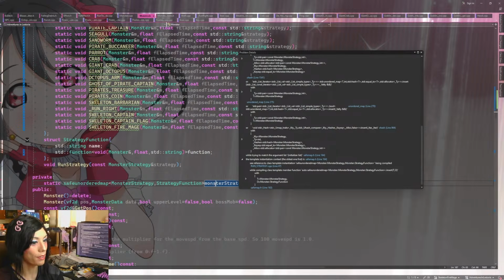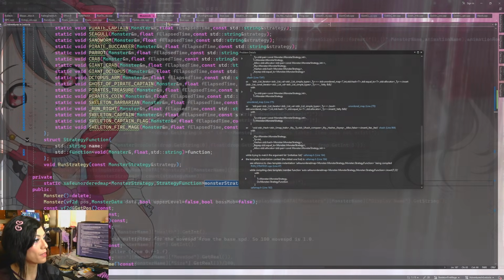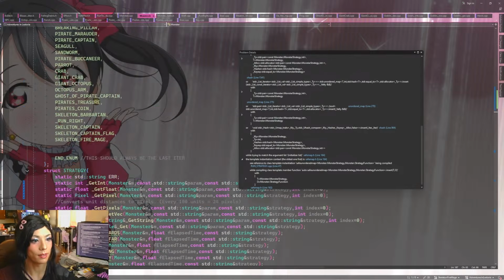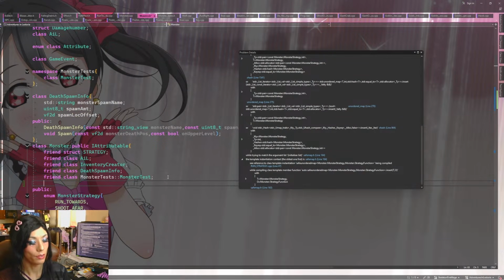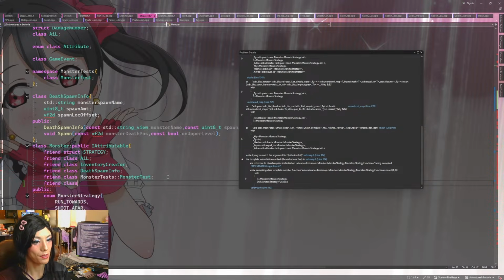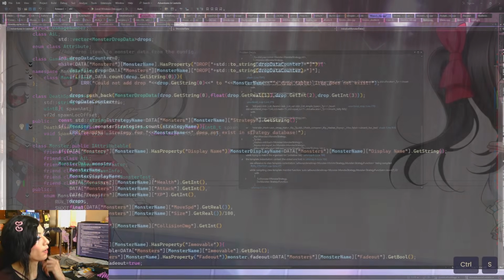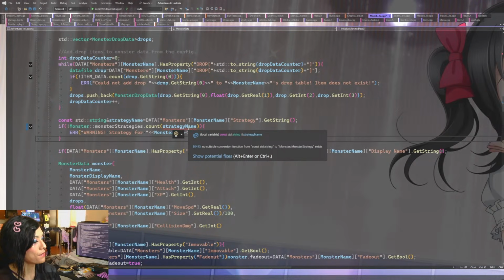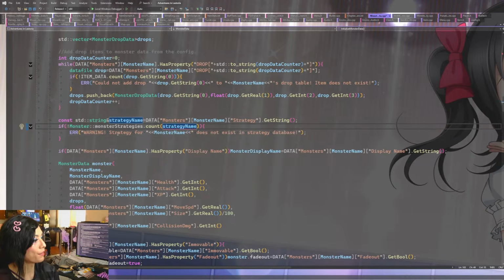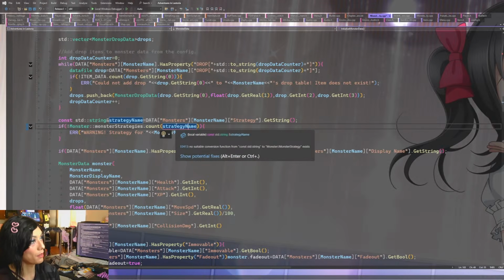So this is private. And we're currently in the monster data class. I don't mind friending it. I think it's a good use case, because monster data is closely related to it, so I think accessing is okay. I don't really want to expose it though, because there's no need to. Strategy name is a const standard string ref. What? Oh. This needs to be an enum, so how do we do this?